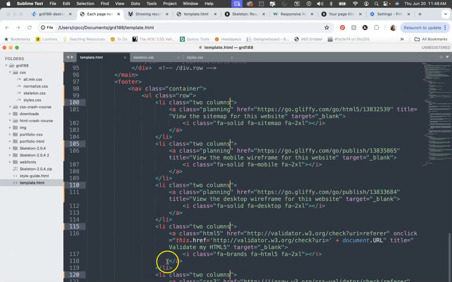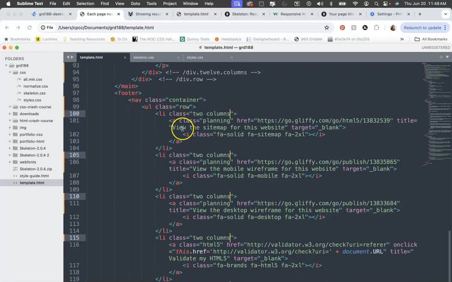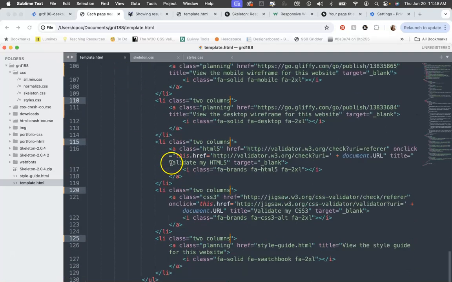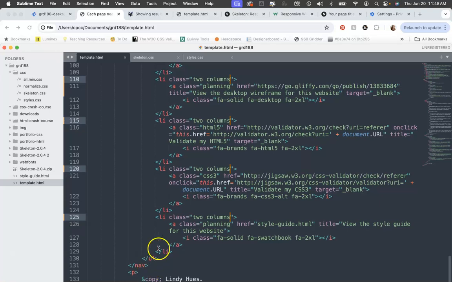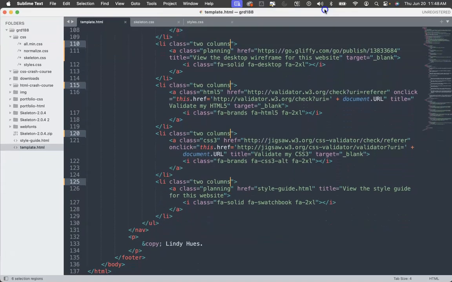So I'm going to come back to my footer, and down here, see my paragraph here is not wrapped in a row. It's not wrapped in a container. It's got nothing helping to keep it positioned, and it's not really part of the navigation. So if I want to fix it,